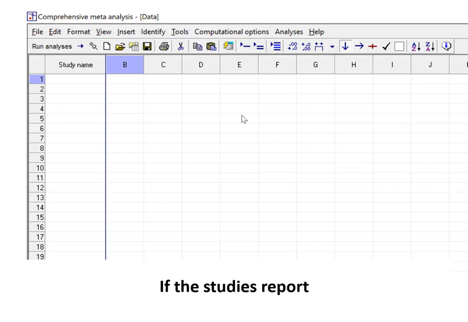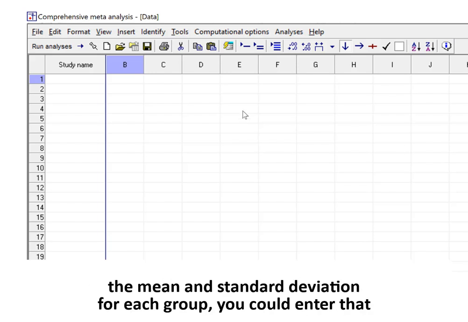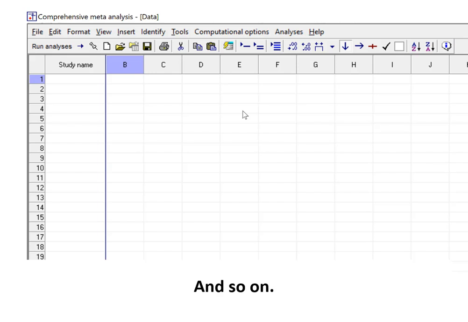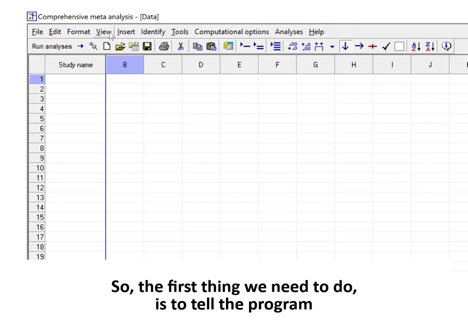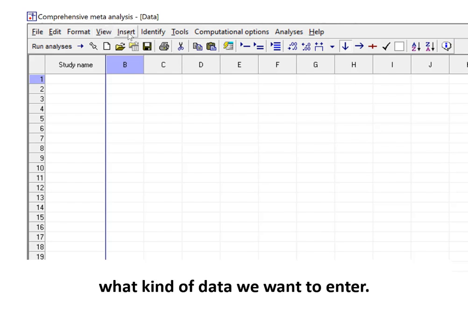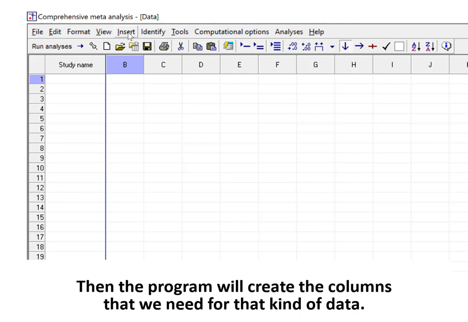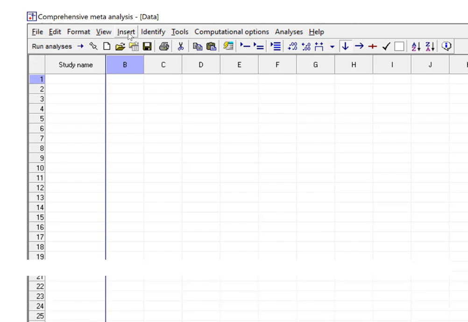If the studies report the mean and standard deviation in each group, you can enter that, and so on. And you can mix and match so that you can enter a different kind of data for different studies. So the first thing we need to do is to tell the program what kind of data we want to enter. Then the program will create the columns that we need for that kind of data.